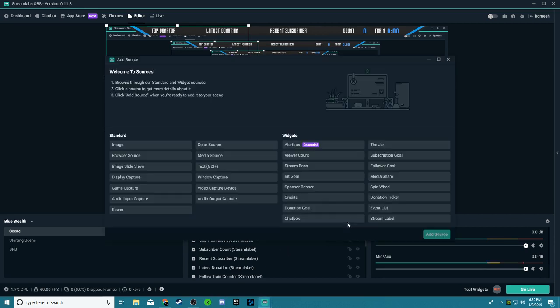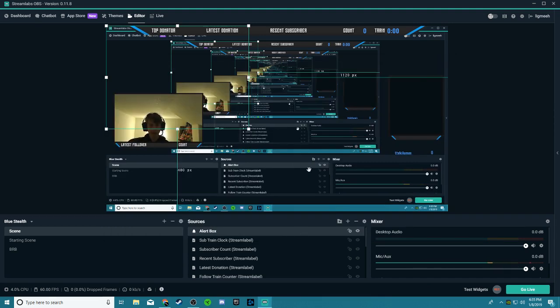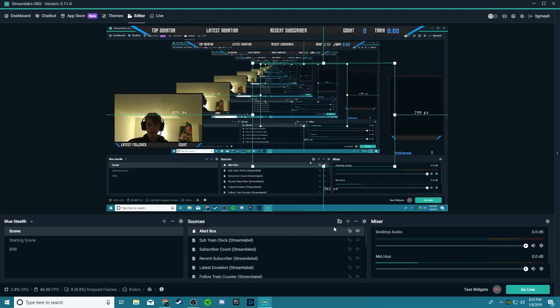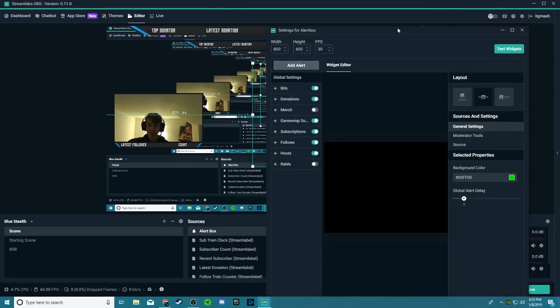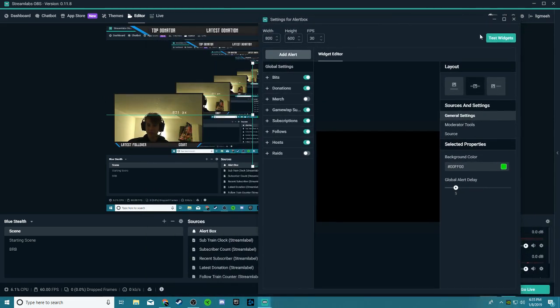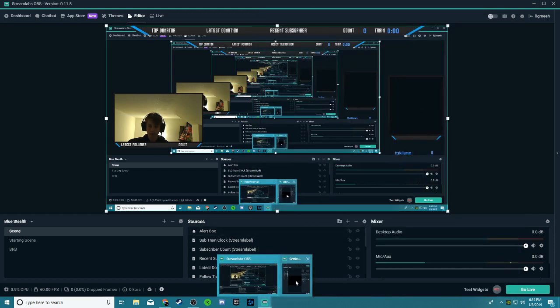So you're going to want to press add source, go to your alert box, and press add source once you've tapped alert box. You name it whatever you want. I already have mine set up. So if you want to just test it out, right click it and press properties. Then you're going to want to press test widget, and if you get a follow notification, this is what it